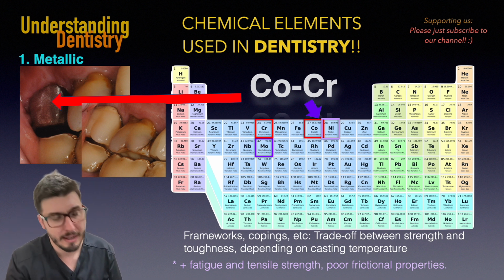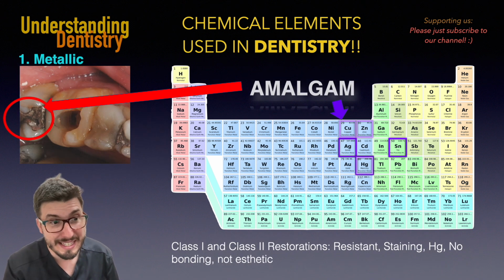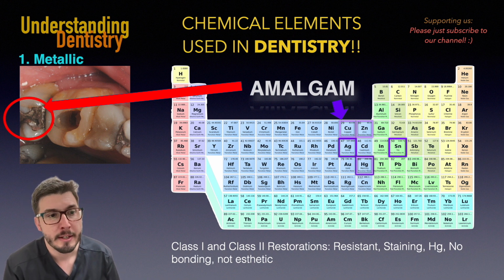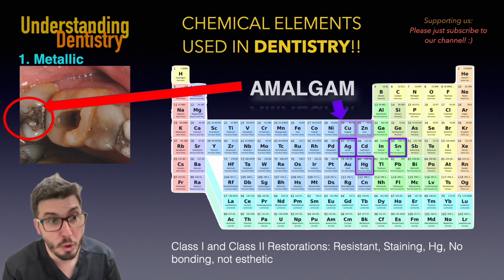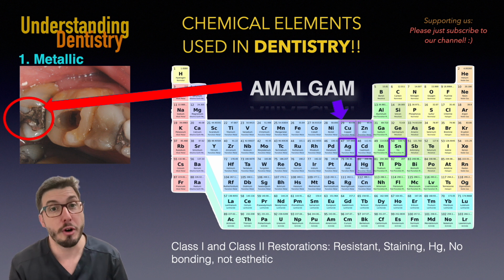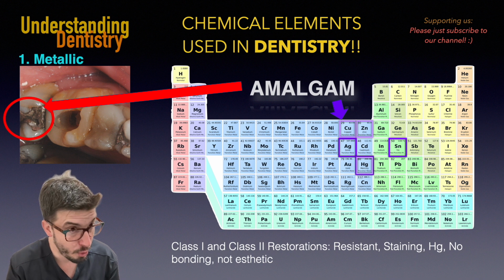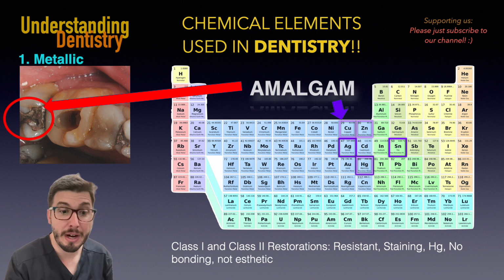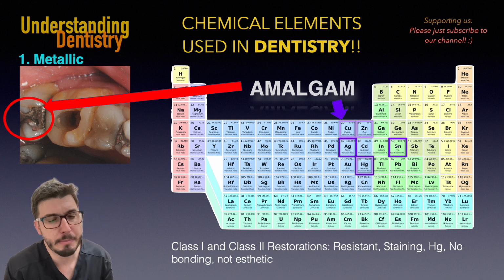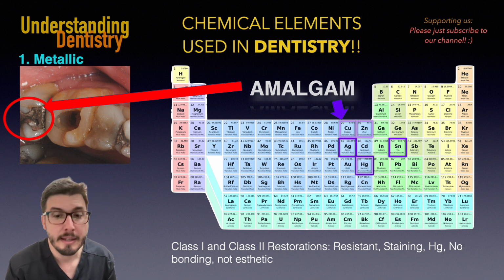Okay, we are not commenting on medical history and all the aspects. Then we have amalgam. Okay, so take a look at this. We have now to check, of course, that's a class 2 restoration. So how are the interproximal contacts of this restoration? And you guys would take a nice periapical radiograph or bitewings, and then you guys would check the adaptation and the interproximal contacts of this restoration. So amalgam can be used for class 1 and class 2 restorations mostly, even class 5 sometimes, but those are the main indications. It's resistant, there can be staining.